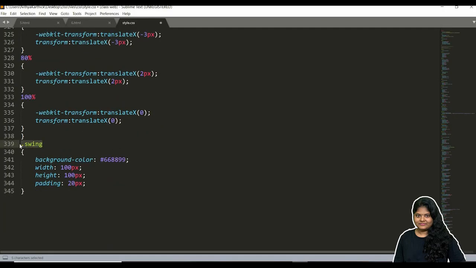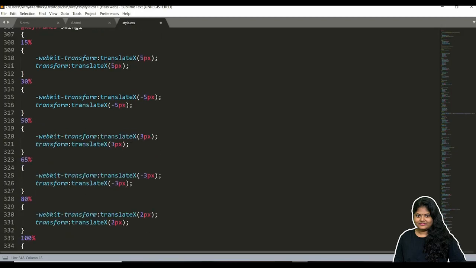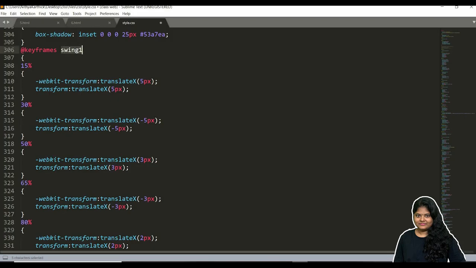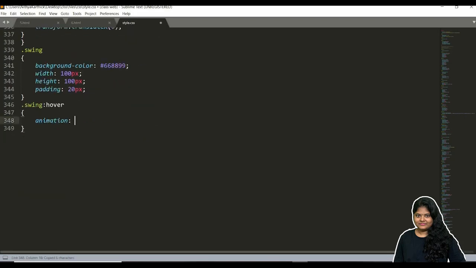When I mouse over on the swing, hover, this should be in an animation format. For that I can give the animation property. Animation, the keyframe name. So swing 1, the keyframe name, just copy and paste it here.